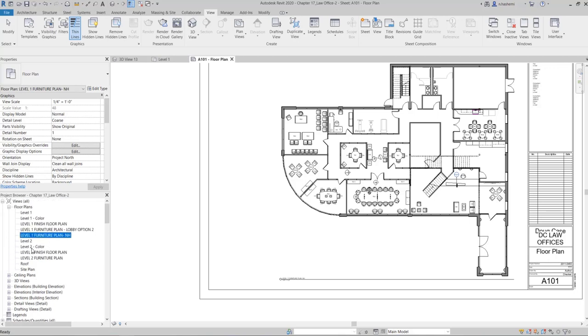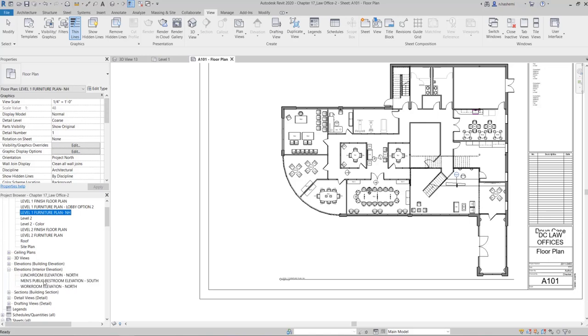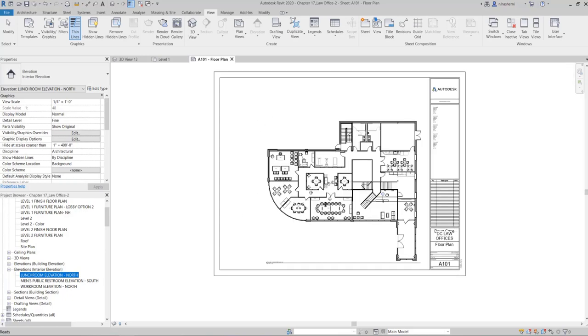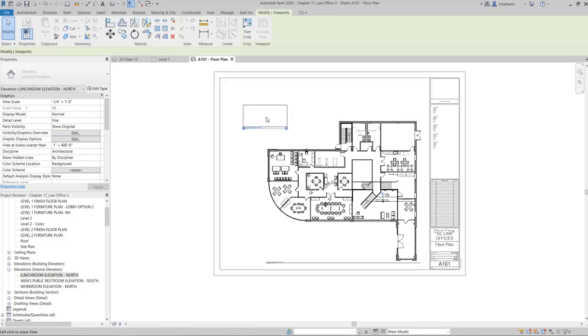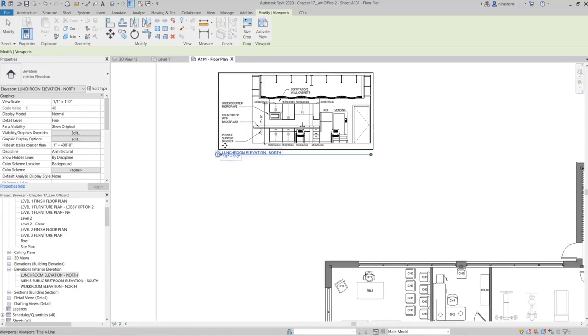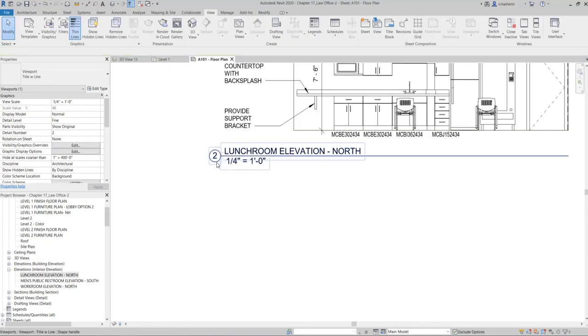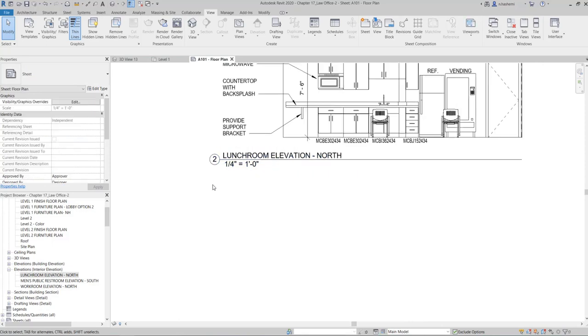So let's place an elevation, for example. You just need to drag it and just place. So you see this is drawing number 2 in this sheet. Okay,